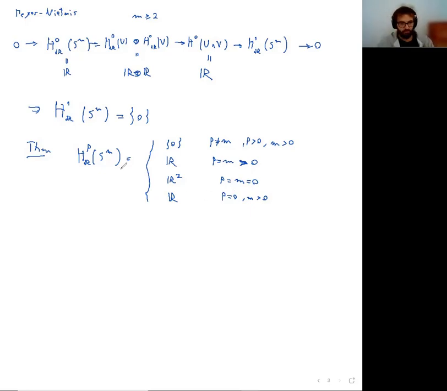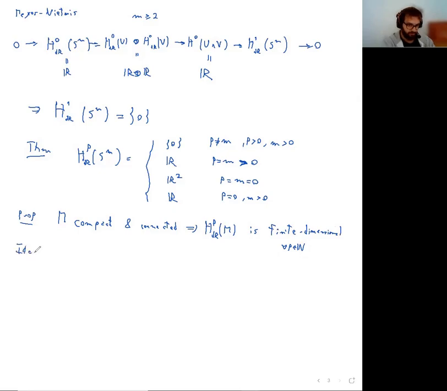So the way we showed this theorem actually gives us something a bit more general: if M is compact and connected, the de Rham cohomology of degree p is always finite dimensional for every p in N. And the idea of the proof, I think the details are very easy to fill in, is you find a finite cover U_j, j in J of M. Finite is not a problem because it's compact, such that